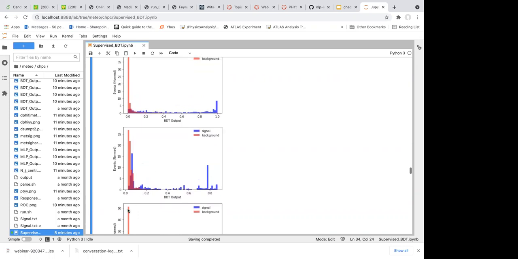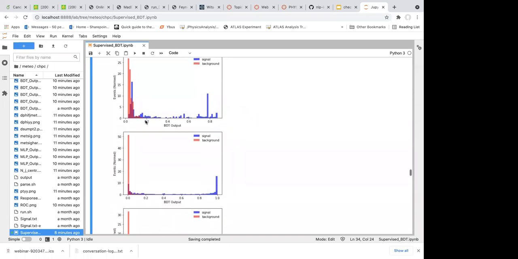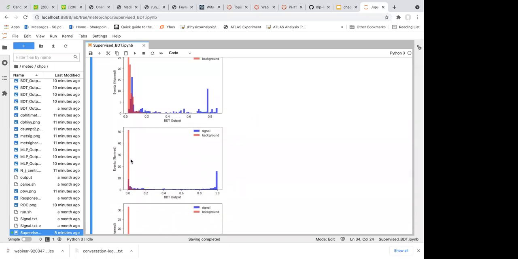Because if you see the red color for the first method, the first spin reached 40, and then you have some spread up to 0.1 and reach 0.2. If you see the third method, the first spin reached 50 and then significantly dropped to 0 at 0.1. That means we can push the definition of the signal and the background from 0.2 to 0.1.